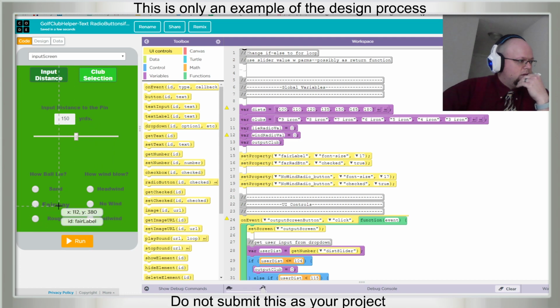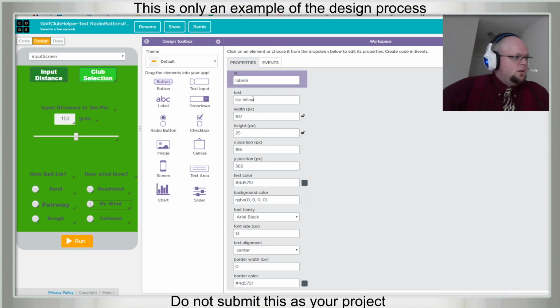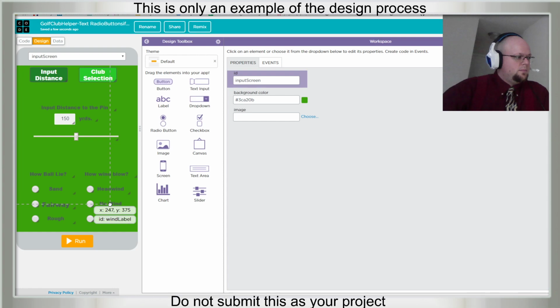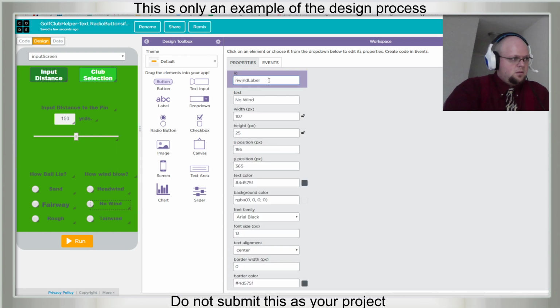Label 6. This is called, well, let's just rename it. So we want wind label and no wind. No wind label.